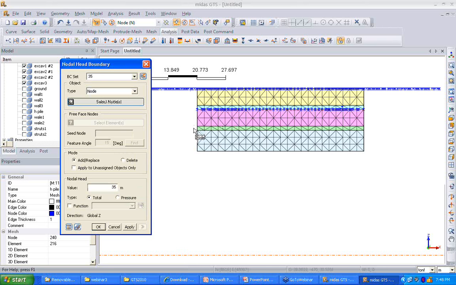Next, for the second excavation stage, dewatering has to be done from 35 to 30. We apply a nodal head of 30 at this point. Lastly, dewatering needs to be done to 25. So we have created 3 excavation stages with a depth of 5 meters each, as well as a nodal head